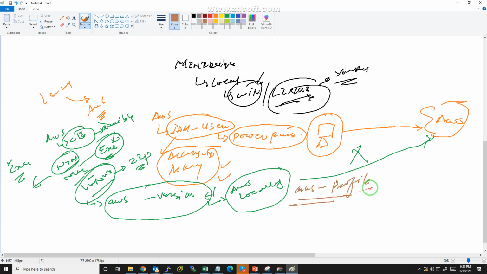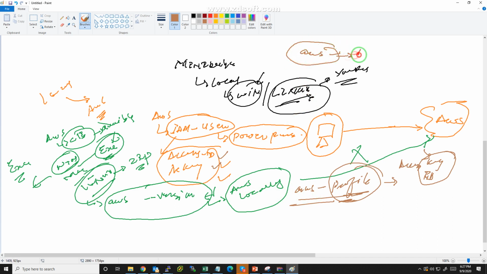Once you configure a profile, you will be asked for the access key and ID, which we have already got. You can just put these in your profile and hit enter, and it will be very easy to configure. Once you have done it, you can launch anything on AWS from your local system to the cloud.